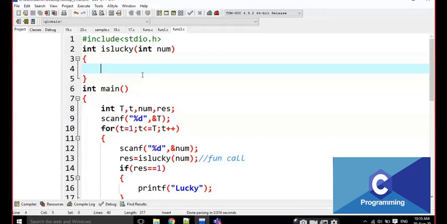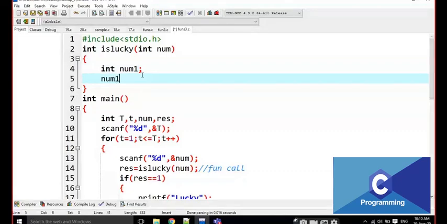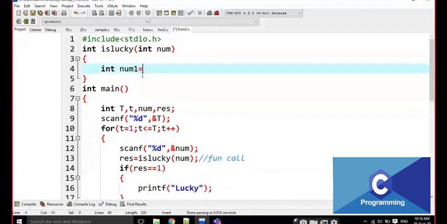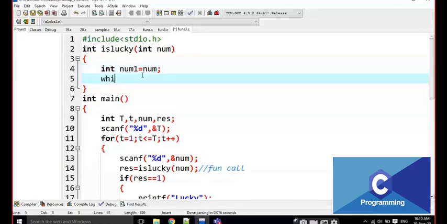Now I am taking a while loop here. For that we have to maintain a copy every time. int num1, num1 is equal to num. I am going to write while num1.